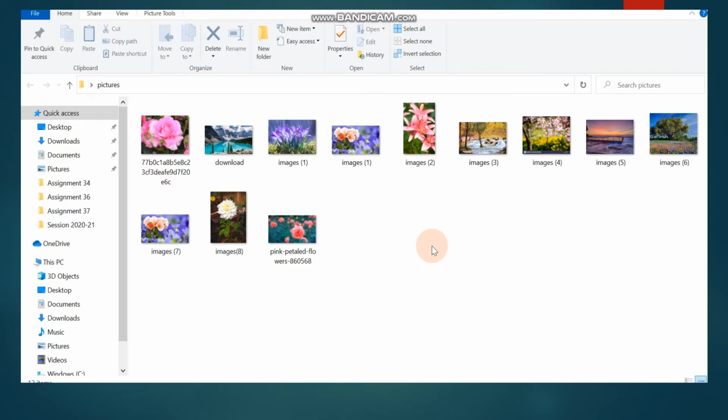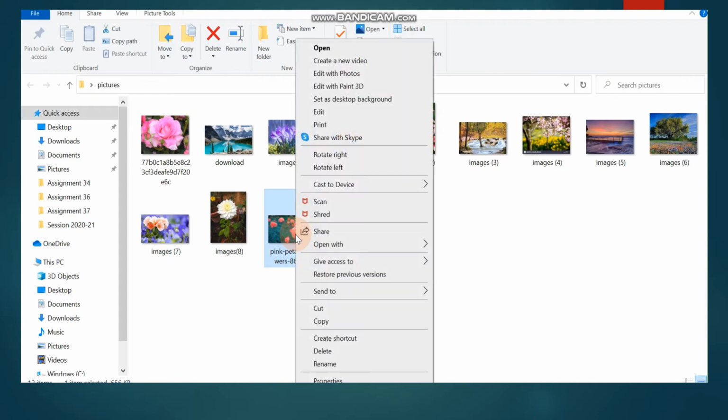Yes, children, today we are going to see how we can rename a folder or a file. You can see many pictures over here on your screen. So if you want to change the name, or you can say, if you want to rename any of the pictures, what do you have to do? Suppose I select this picture, and once I have selected, I will just right click on it. Just see, I will take my mouse to here and it is highlighted now. So I will right click.